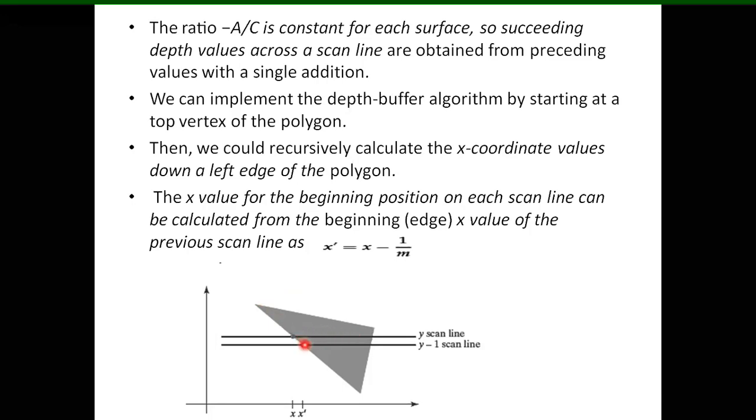Next I will come to the next scan line. This is how I will go on moving, and I will go on finding the depth values for each of the surfaces. Now how do you find x dash? From x to x dash, it is nothing but x minus 1 divided by m. X dash is what we thought, x plus 1, but always it will not be x plus 1. So in general, we calculate x dash is equal to x minus 1 divided by m. This is how I calculate the depth buffers, and based on the depth buffer, I will select